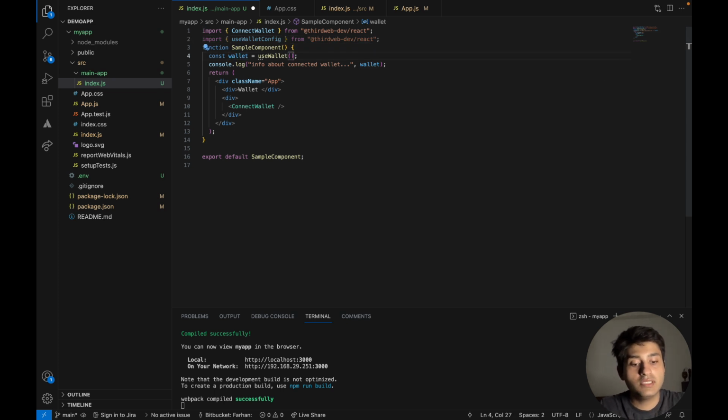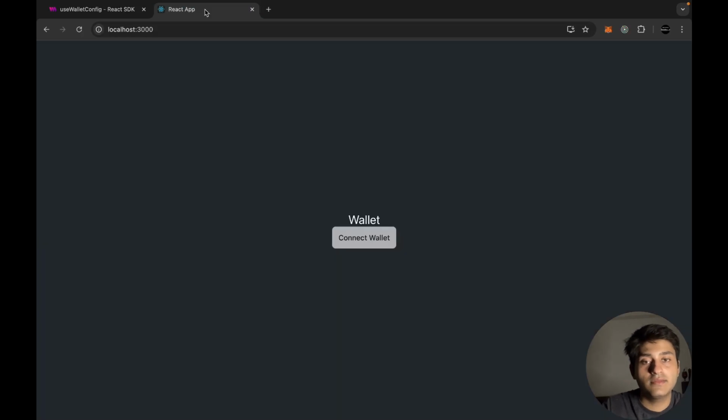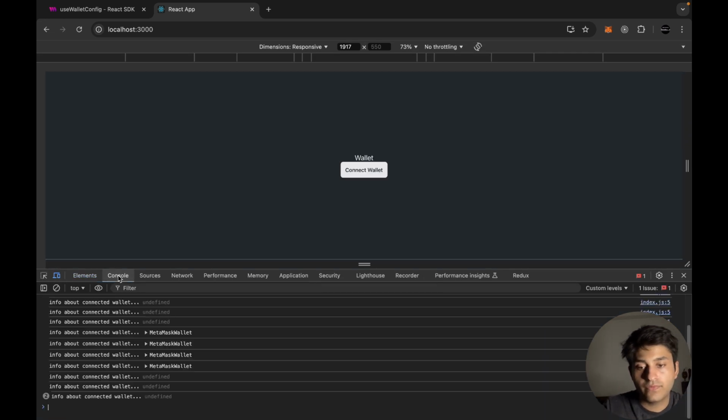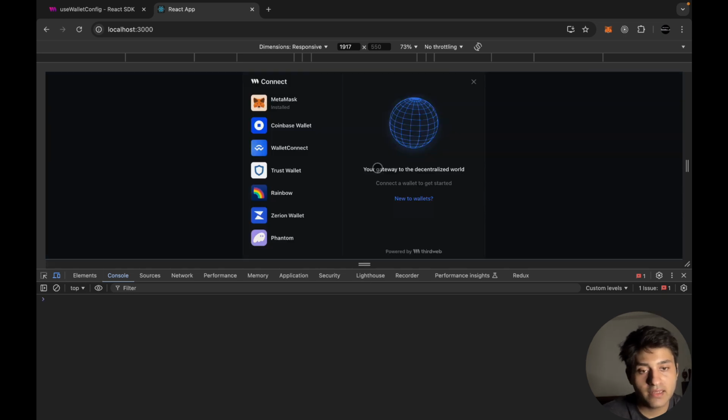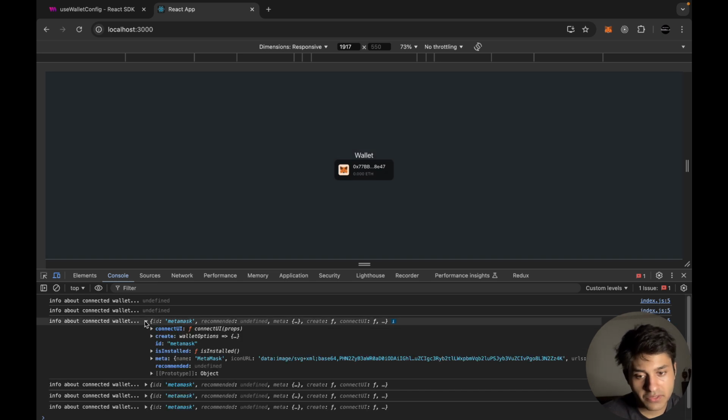Let's go ahead and see what kind of information we can get out of this hook. So I'm going to change this name, and again I'm going to console.log it because it's an object that cannot be displayed into JSX. Boom. Going to the console. Yeah, because we are not connected to any wallet, it says undefined here. Let me clear it and connect to a wallet. Boom. You see it has returned wallet config here,